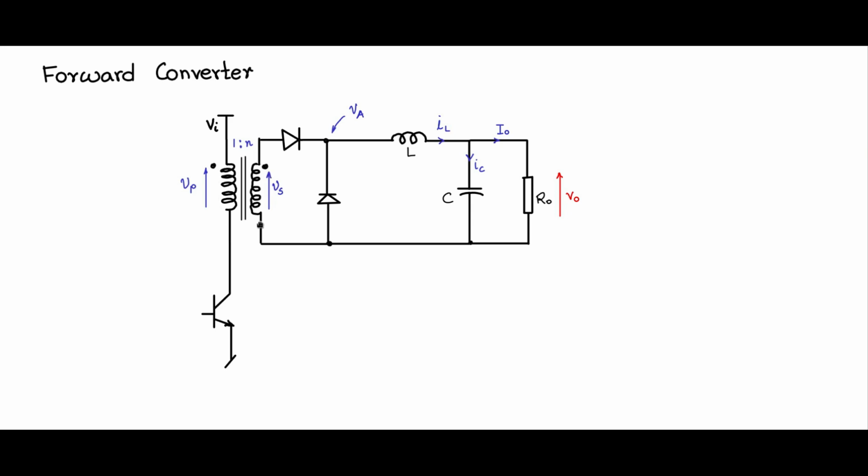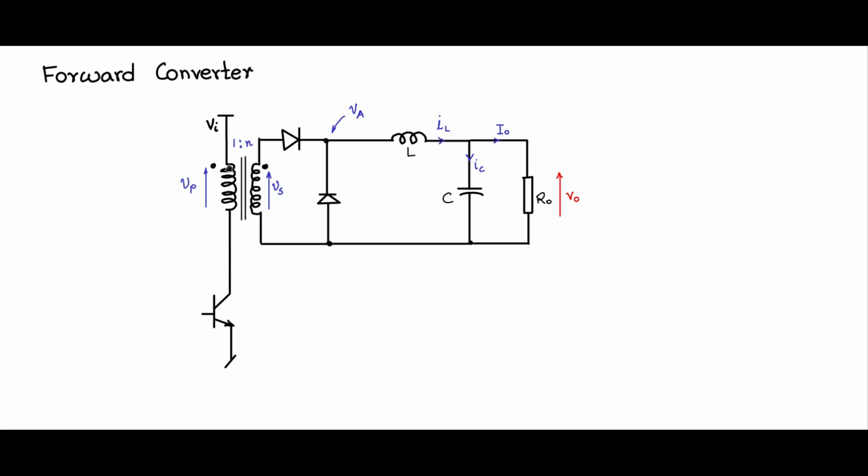This diode will be reverse biased. Because the other diode is conducting, what will come across that will be a negative voltage. This diode will be reverse biased and off. So there is no path for the internal flux of this core to reset. Meaning when there is a current flow here and you have switched it off, there is an L di/dt, and the di/dt has been cut off. There will be a huge voltage because of the negative di/dt, and a huge voltage will appear across this and blow up this transistor.